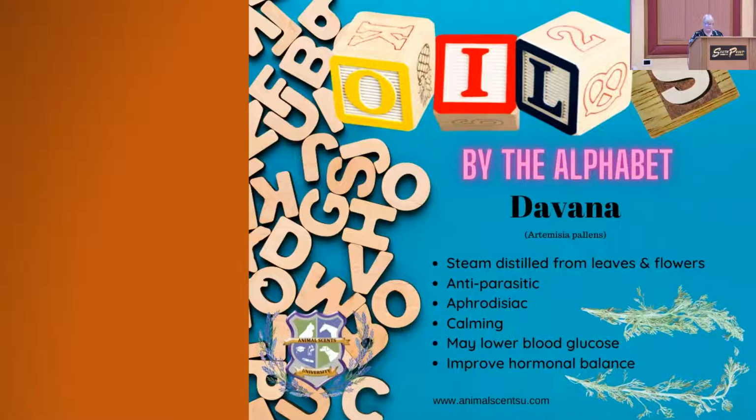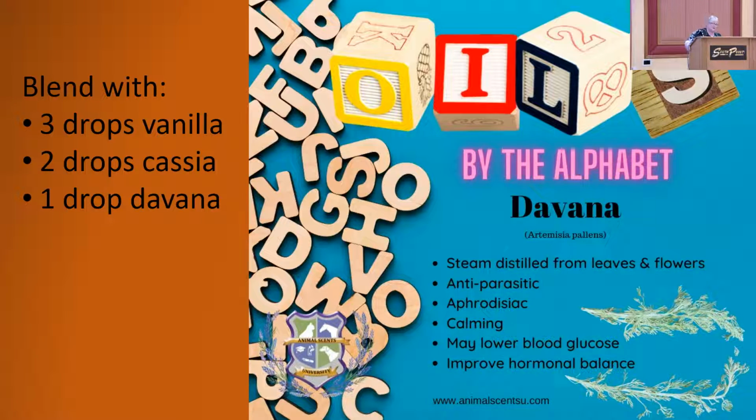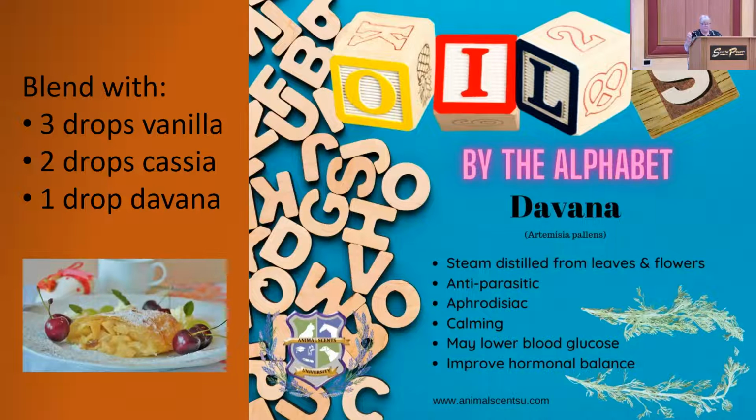So the next best one is apple strudel. Again, sometimes you'll see some of these fragrances out there as a blend, but that is all synthetic. If you're going to use something called apple strudel essential oil, that's not there. But this is really close. So with the cassia, vanilla, and Davana, it's pretty amazing. It is also really good at treating acne and pimples. So it can be really helpful for the skin. So you'll see it a lot of times in some of the face creams and moisturizer preparations out there. But one thing that I thought was really interesting about Davana is that there have been studies to show that it can help lower blood glucose. There's some other